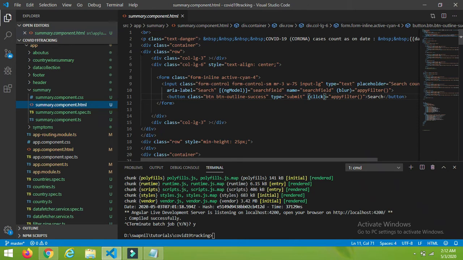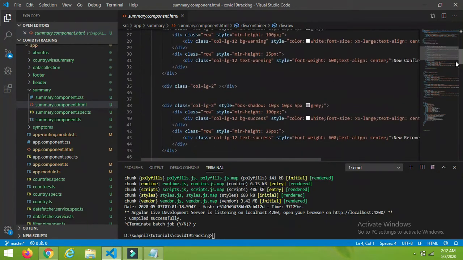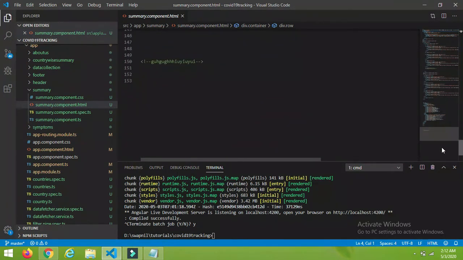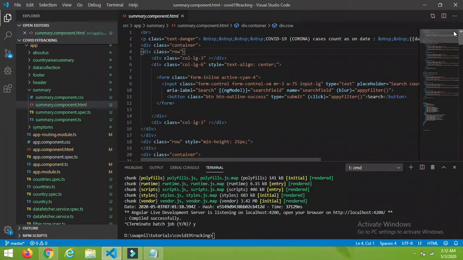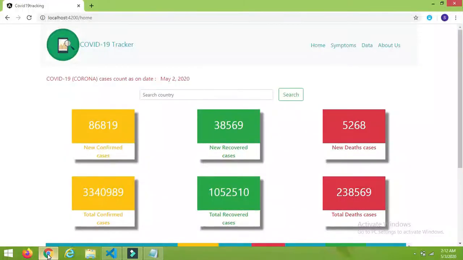So this is one row you can find, and this row is closed here. So this is the first row, right? In the first row, what have I given? I have given our search box and search button, right?